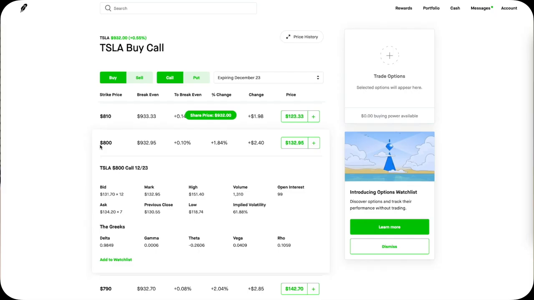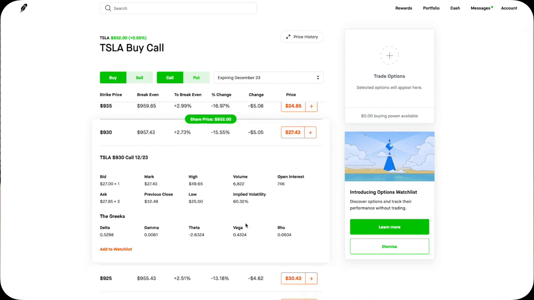Like this $800 strike Tesla call expiring 1 week away, because it's pretty deep in the money, pretty far away from the current stock price. Even when Tesla, the stock, is being volatile, drops $100 to $832, this call option will still be in the money. And this is an example of the movement of Tesla stock, the fluctuation, the volatility will have less effect on making this option go from in the money to out of the money. When it's not very sensitive to fluctuation, to volatility, the Vega will be low. That's why for this $800 Tesla call, its Vega is only